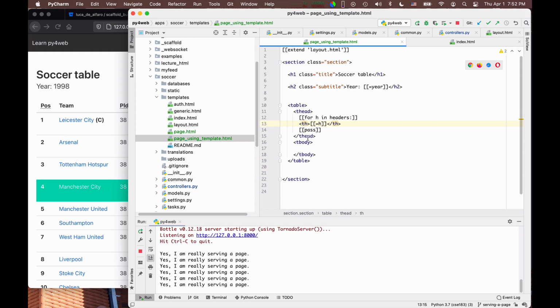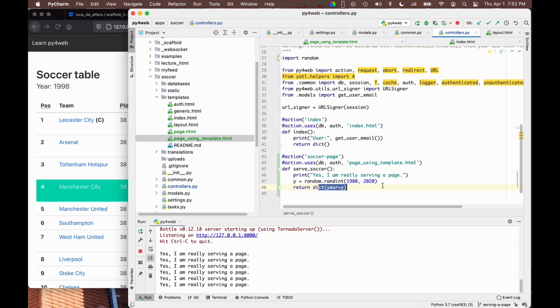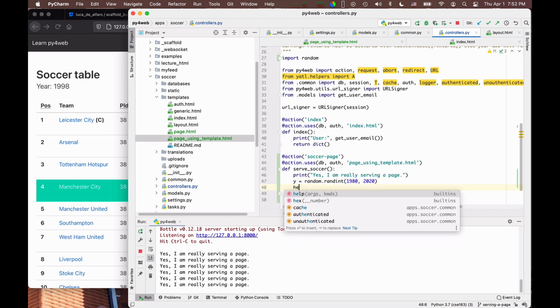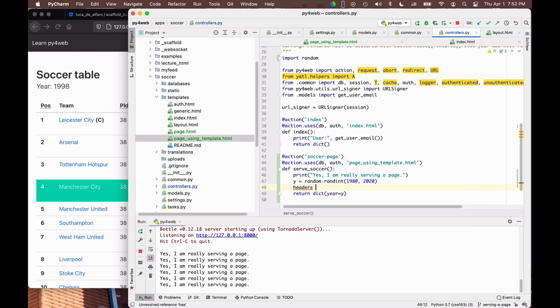The body is empty so far, okay? Let's leave the body empty and let's go to the controller to fill these in. For example, what are my headers? I can say that headers is a list, and I may want to put into it, for example, name, last or email, and role.